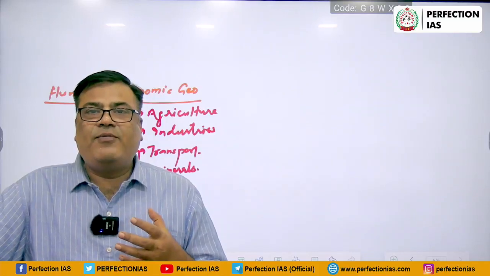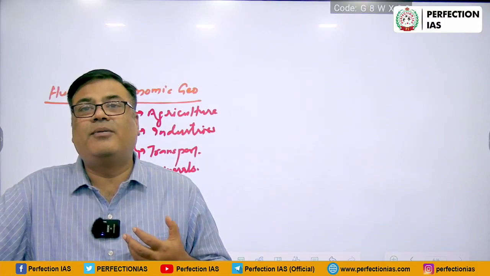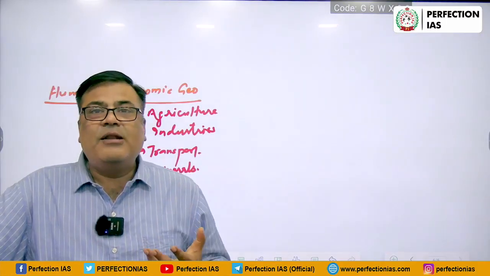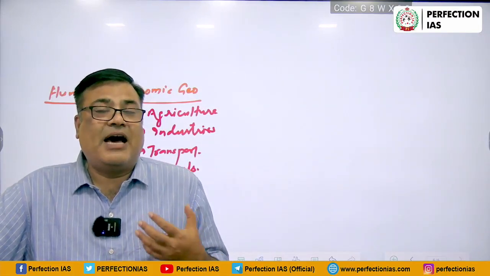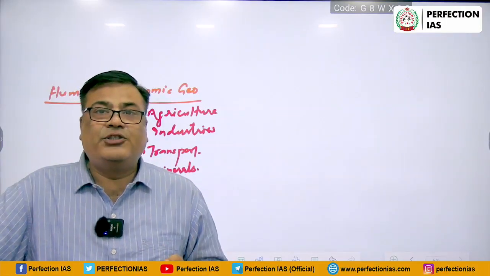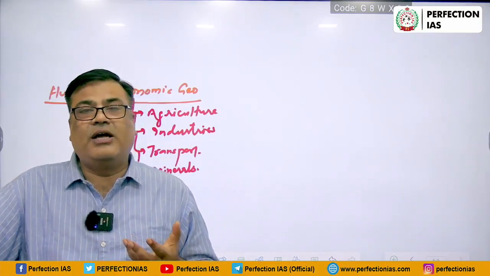In geography we are more concerned about the climatic factor, soil factor, agricultural practices, etc. And in the economy we learn more about the government policies, how the government policies are helping improving the status of Indian agriculture or the Indian farmers, and the institutional factors which are responsible for the development